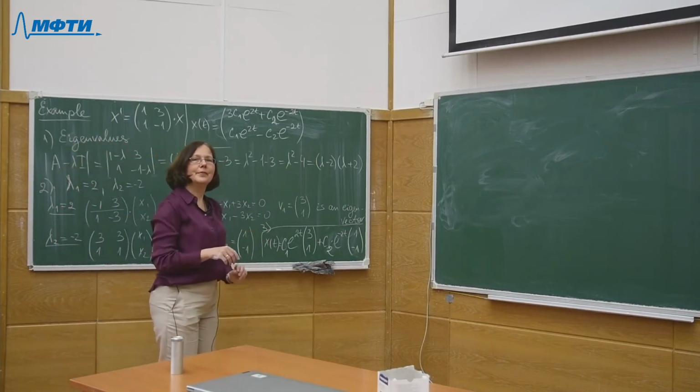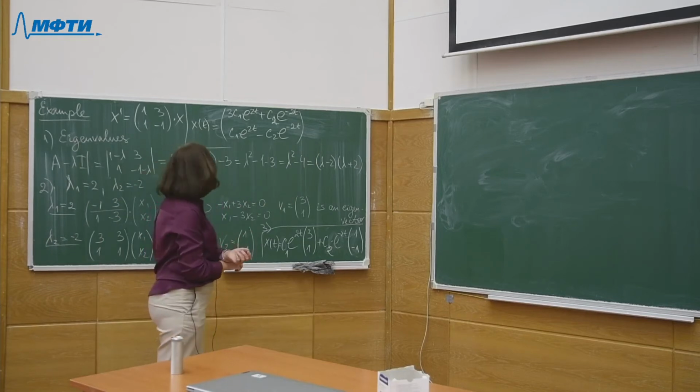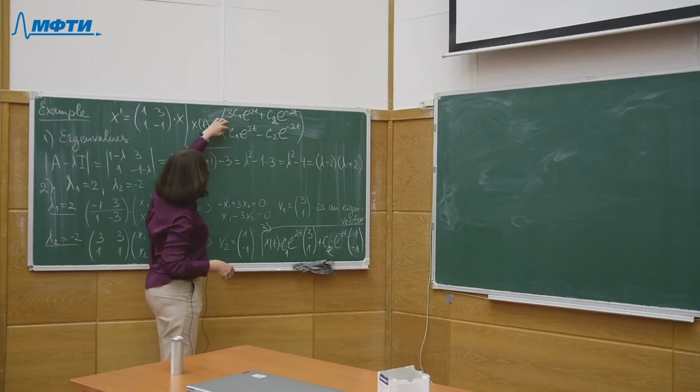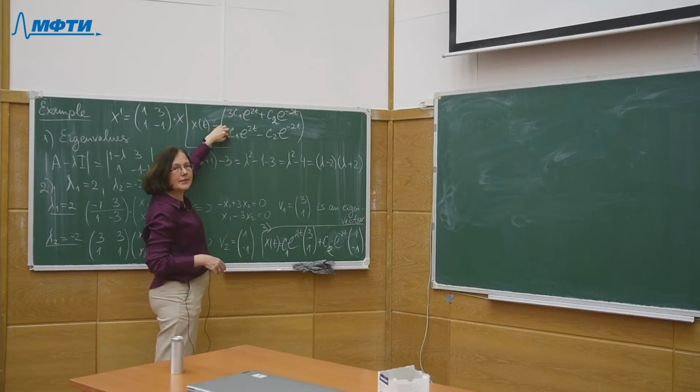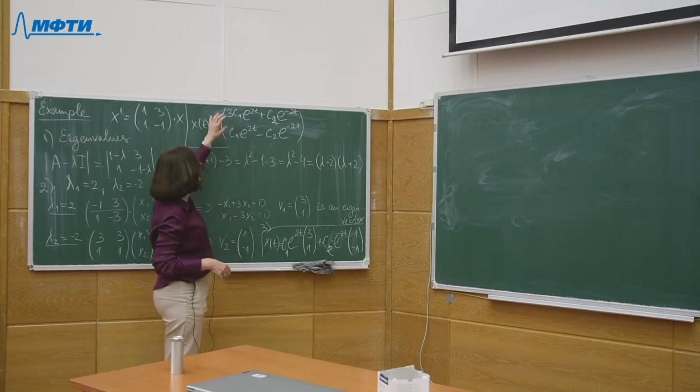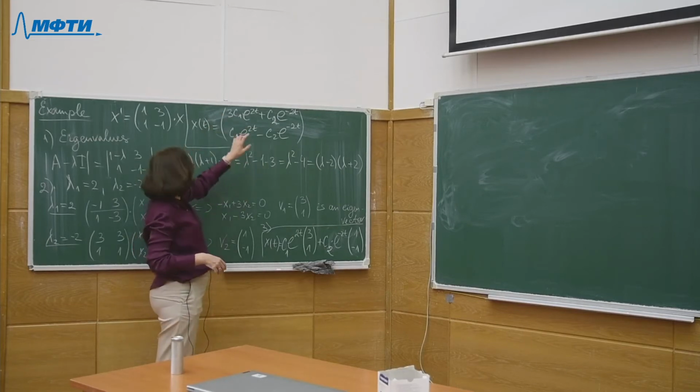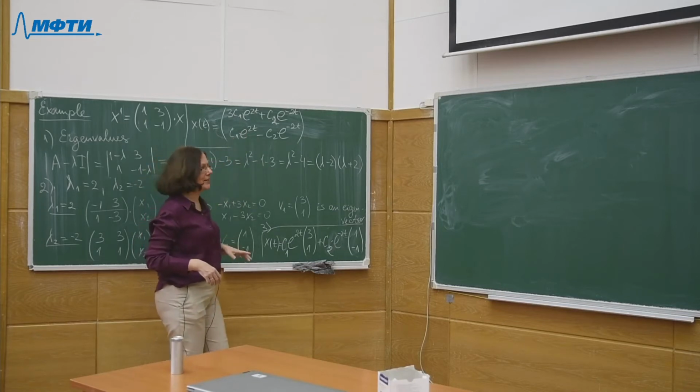Can we remove 3? Remove 3. So C1 is the same in both components. So if we remove 3, then we should divide C1 by 3. So we can replace 3C1 by some new constant. Then we need to divide this constant by 3. And